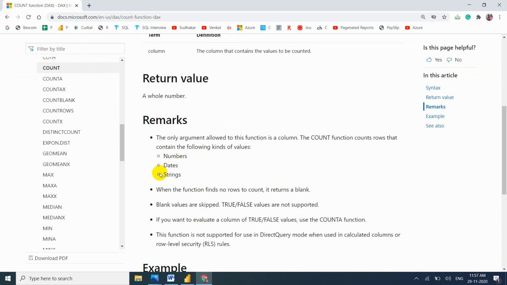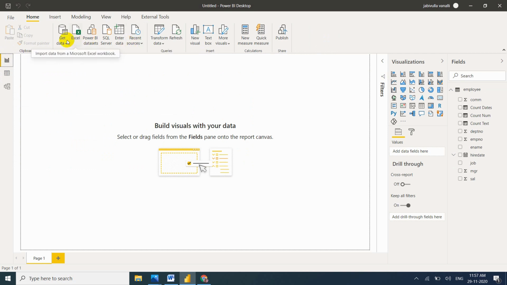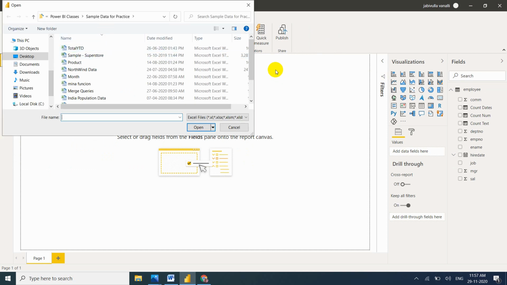Now I want to check whether it is working for strings. For that I need to load a small table. You can get data by using this also.